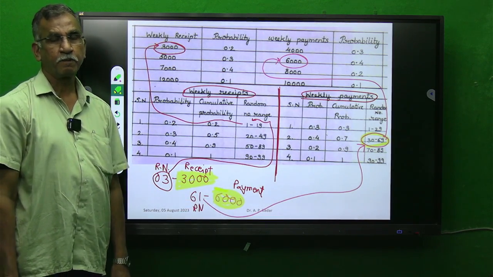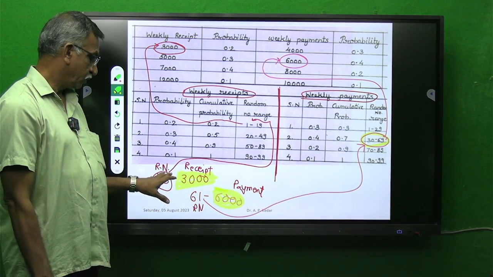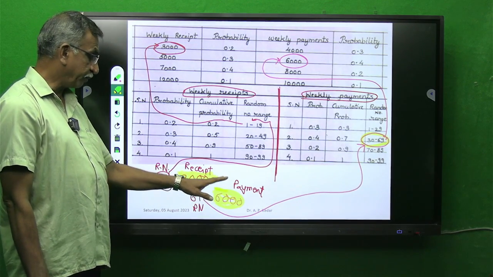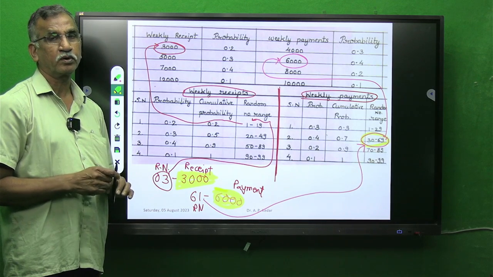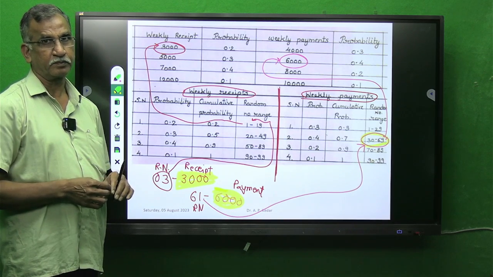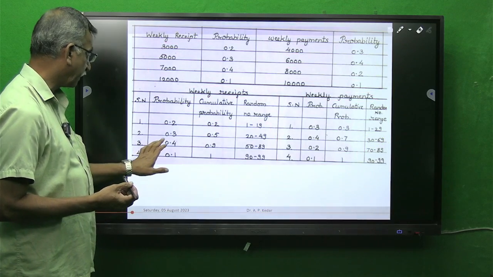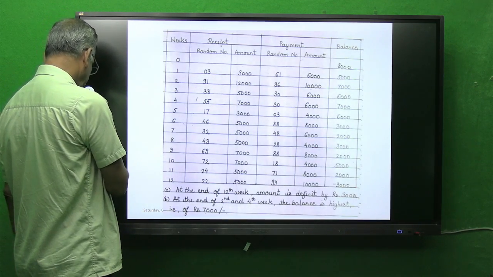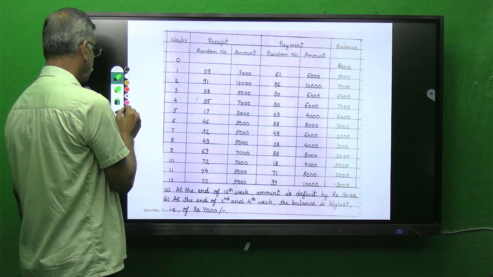So I have explained through the example of a given random number how to find the value of receipt and payment for that corresponding random number. The same thing you have to perform for what? The 12 remaining 11 random numbers. Same thing, same process. And you can see here that by adopting the same procedure, we have evaluated all values